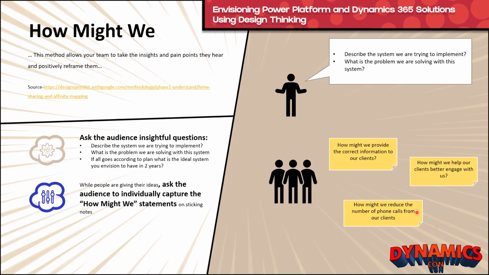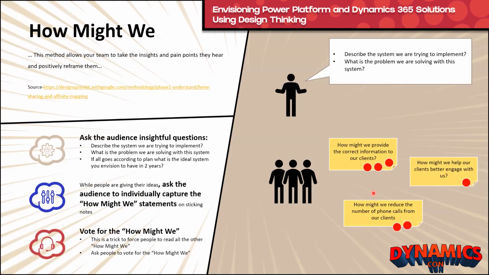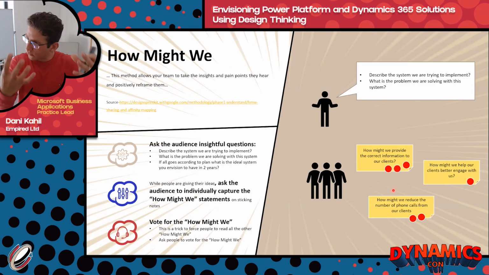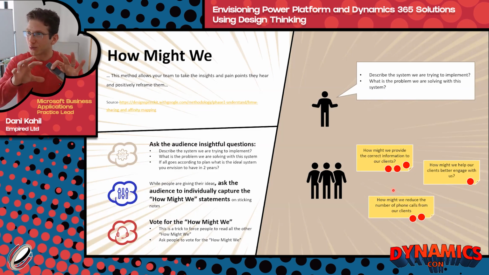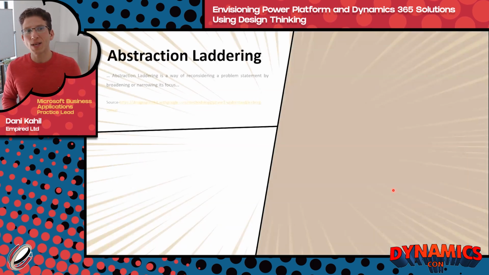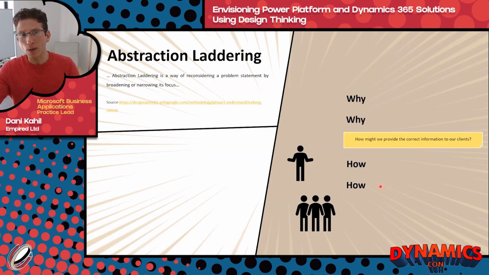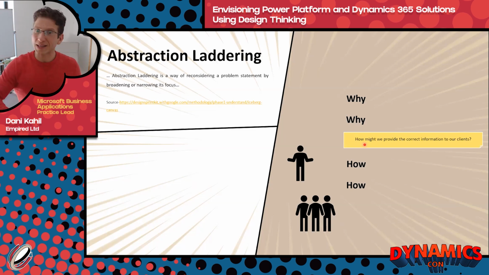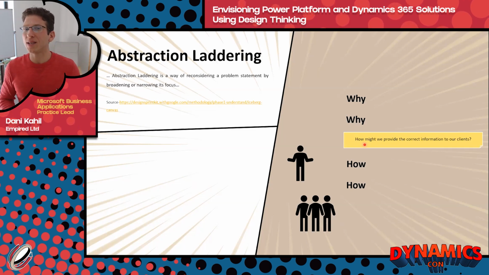where you can share a board and people can interact with the board. So after we have put all those sticky notes on a board, you ask your members to vote, right? So effectively, each one votes for the how might we statements they think might be the most suitable for the project, right? So that's framing and making sure that we're solving the correct problems with the how might we. The next exercise I do, which takes the how might we as input, is the abstraction laddering. So if you recall, that how might we statement that was most voted on, I use it to go a bit more into detail and understand the broader picture,